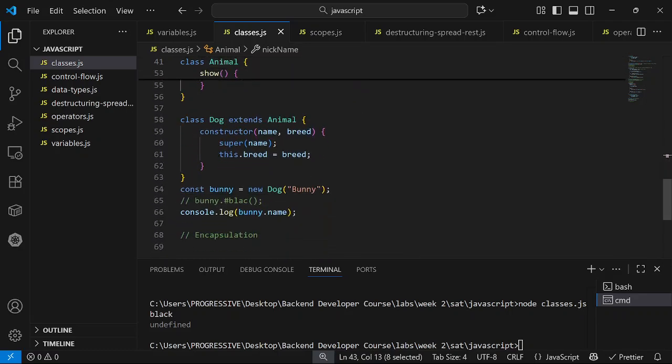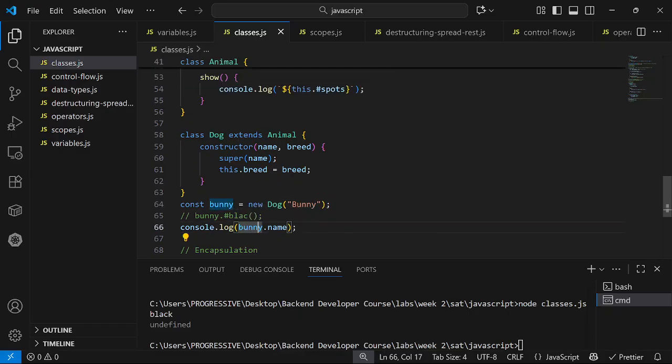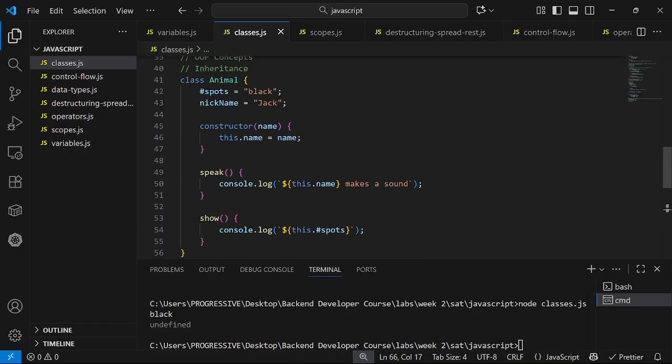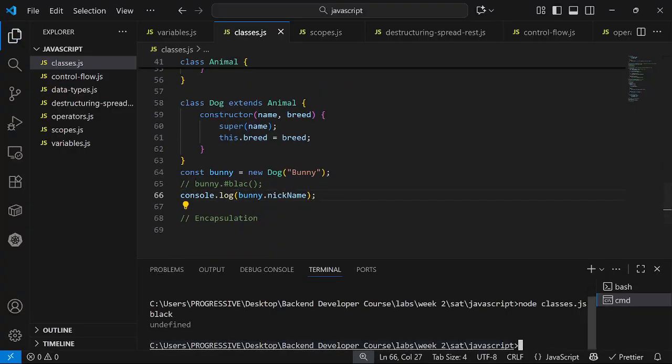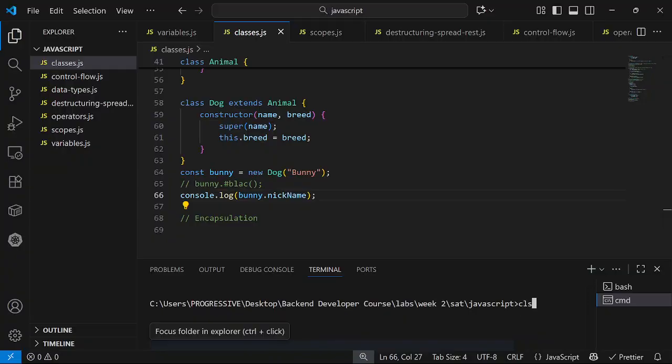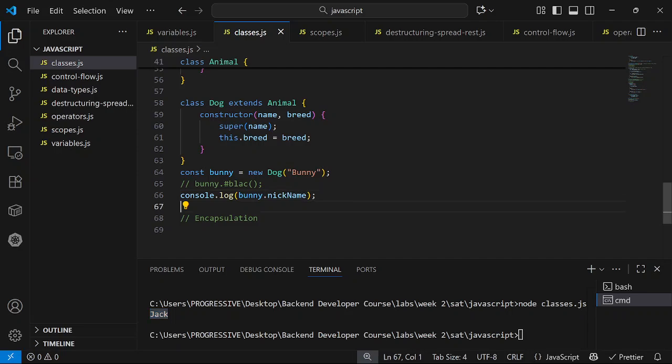Since this dog class inherits from animal class, I create an instance of the dog class. Now try to access nickname. If we call nickname, it's going to give us Jack. I didn't define it in the dog class. I only inherited it from the animal class. But if I try to access the sports,